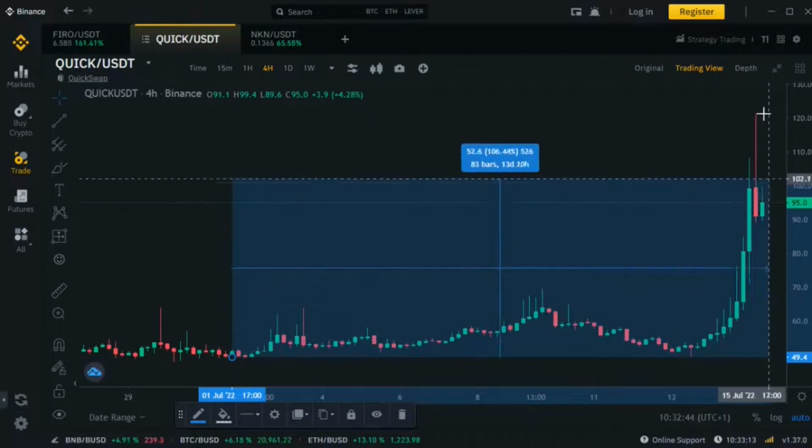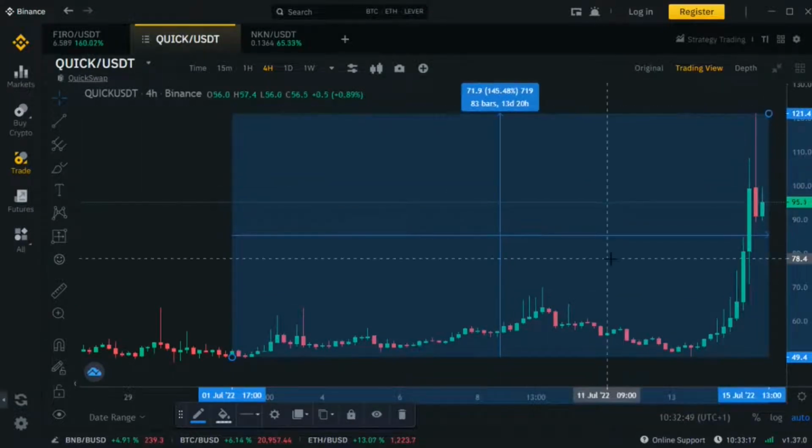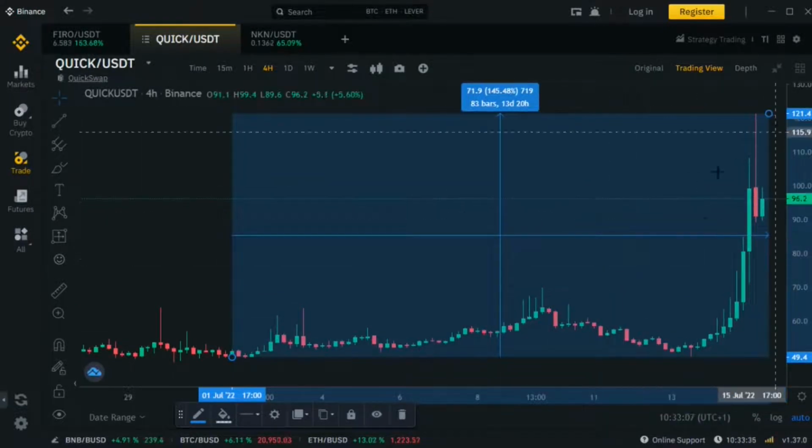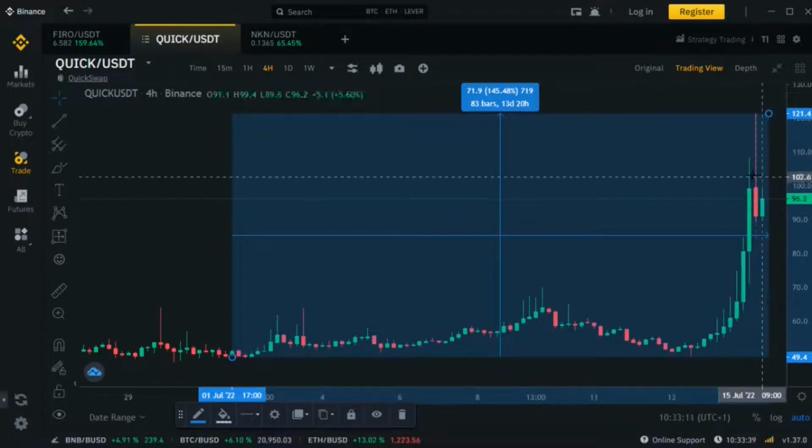And finally, it bounced up by 145% to complete its standard circle of a bullish trend operation at the highest price of the bullish trend, which is